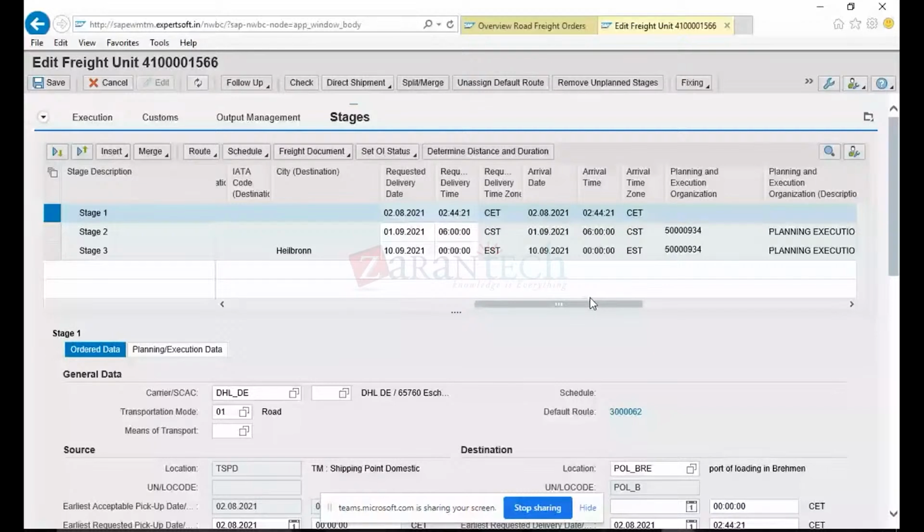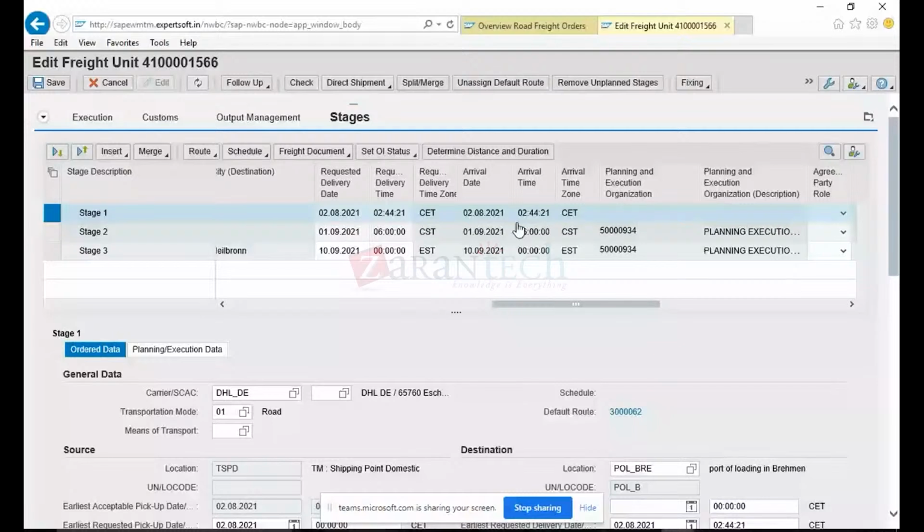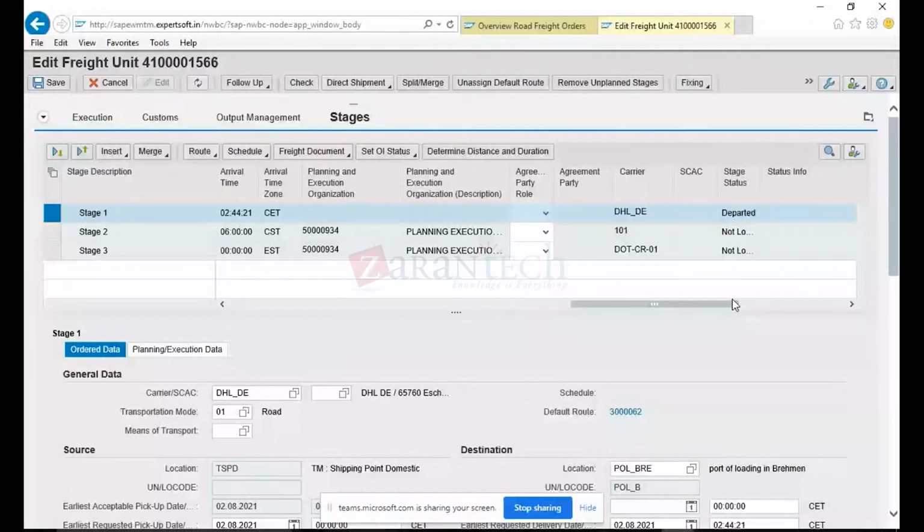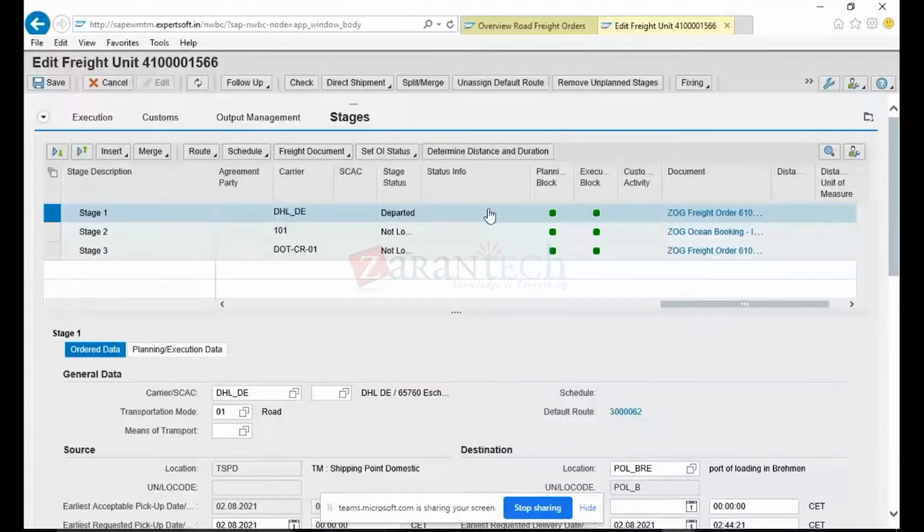And in case, because I have created my shipment document here per stage, you will see the carrier is also updated because this information is coming from the route. Because I have maintained the route for this particular freight unit stages. So if I click on the route, you see the first stage is DHL, second is 101, third stage is DOT, right? Because I've used default route. So if I click on this default route button,